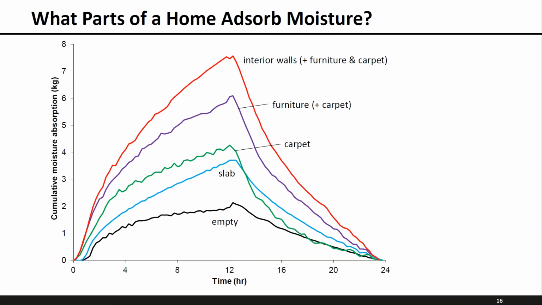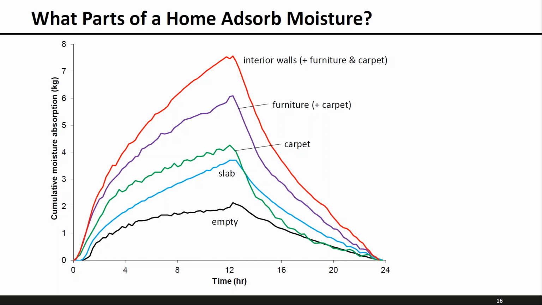So here are some of the results from one of the houses we looked at. It was an interesting house because it was a house in Florida at a FSEC campus, and it started as an empty house where it had no internal walls and no furnishings. And so we were able to run several experiments and try to get a feel for what parts of the house absorb moisture. The black line at the bottom shows the empty house, which really just shows moisture buffering from the exterior walls in the house. And in that case, we had a vapor barrier covering the slab.